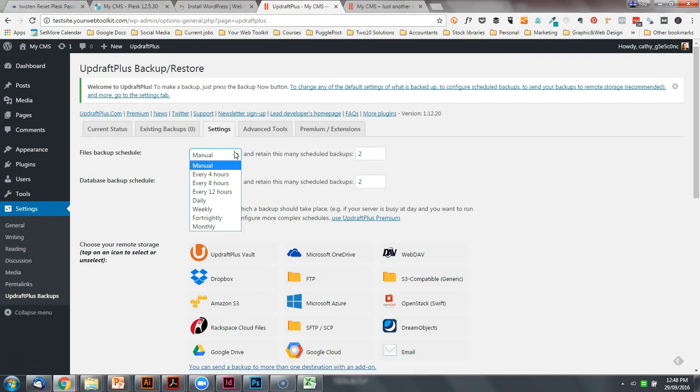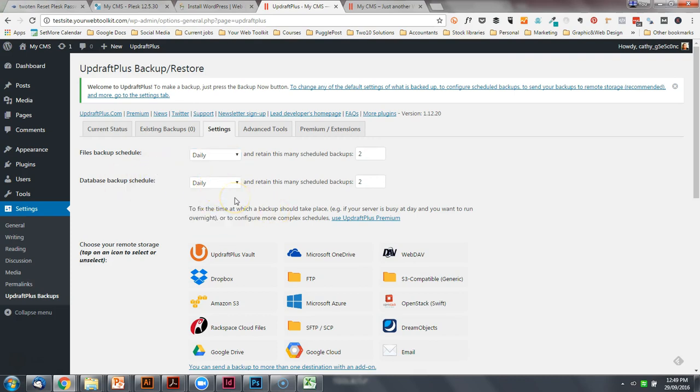Depending on how much work you're doing and how often you're going to be making changes to your website as you build and develop it would kind of dictate how often you do this. I normally say a daily backup for all of the files and a daily backup of the database when I'm in the sort of creating the website mode, because there's a lot of changes going on. Once the website's finished and launched, I normally would change this to just be weekly, but I'd keep the database